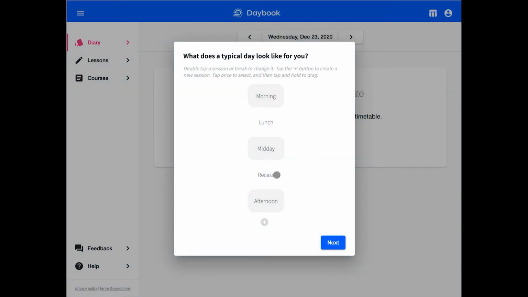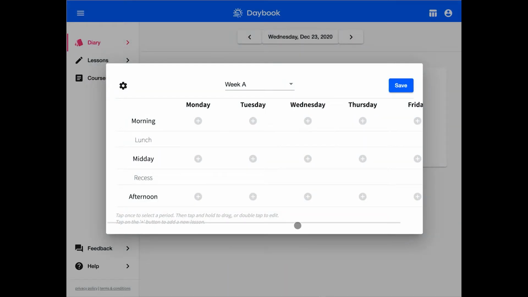Once you're happy with how your day is laid out, you can press the next button. And this is where we fill in the actual timetable itself. Now a good way to think of it is this will be your template for your diary. So each day this is what will automatically get filled in,